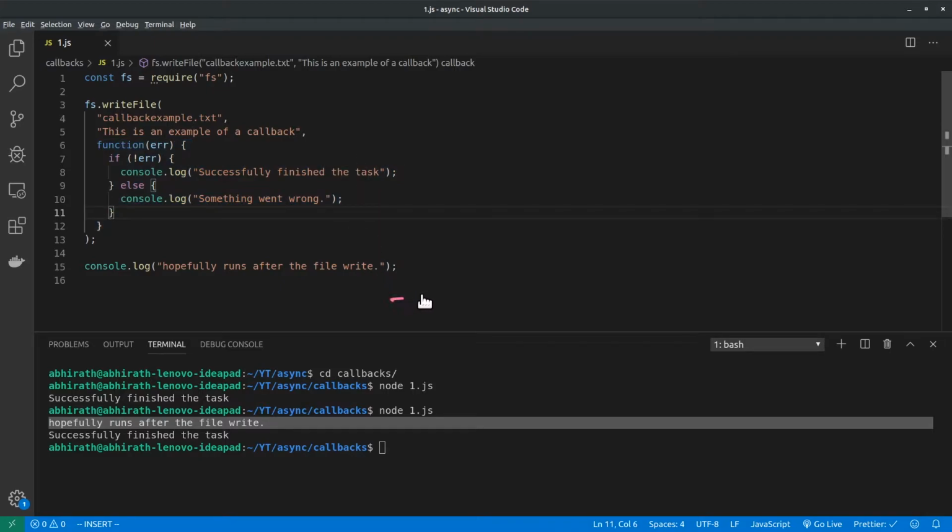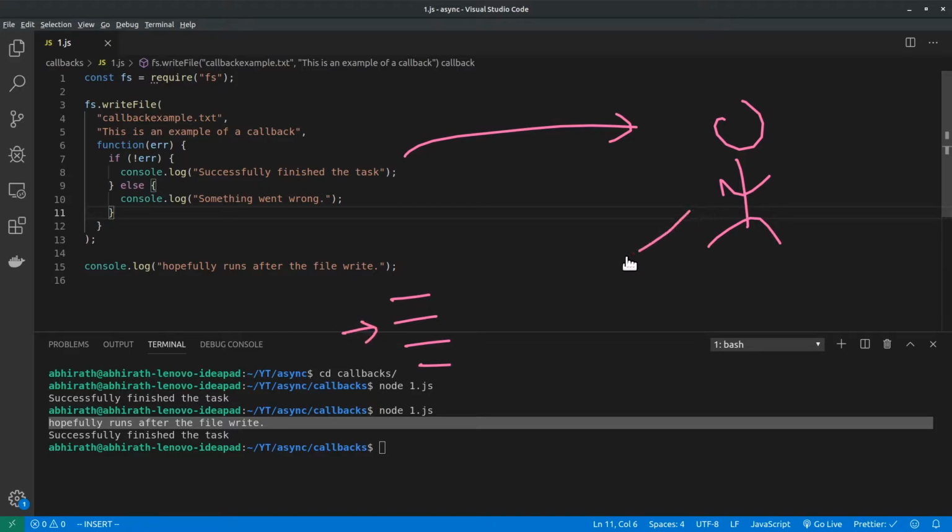There might be many more lines in this program. This task is outsourced to a friend. JavaScript may be executing this line. So what happens, this friend comes back, hey JavaScript, I'm done with the task. And then JavaScript will take up the result, the error and data, whatever the friend has passed back. It'll collect it from the friend and execute this piece of code. So after this line of code, JavaScript directly jumps to this piece of code, finishes this, and then comes back to finish the remaining tasks.